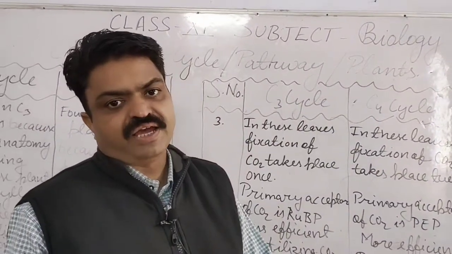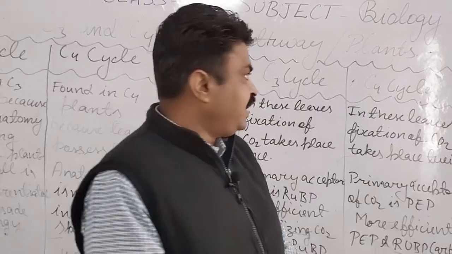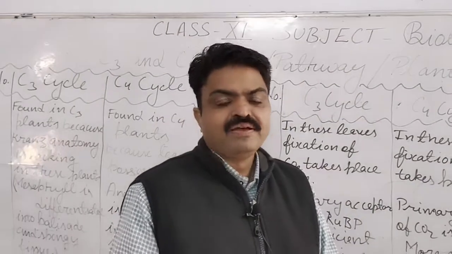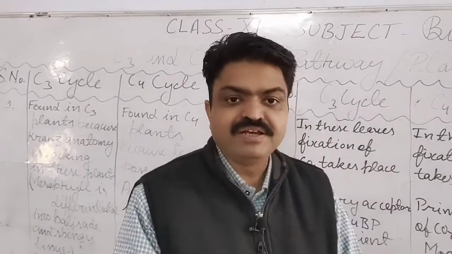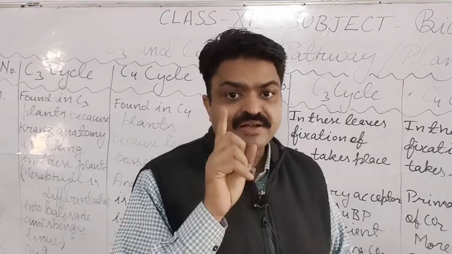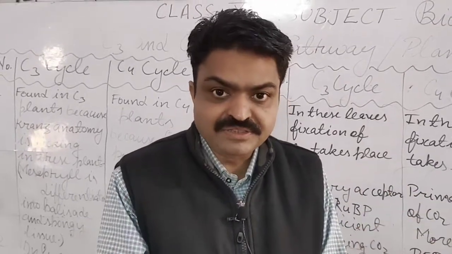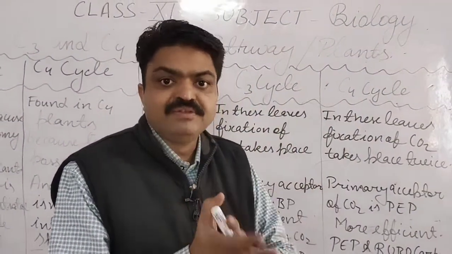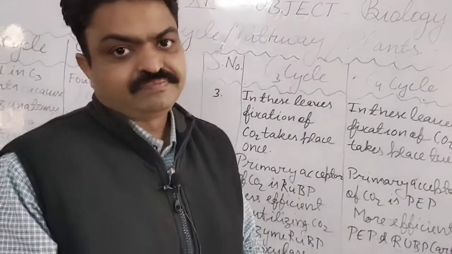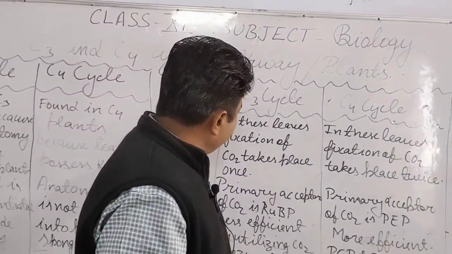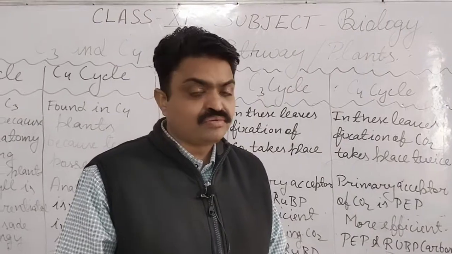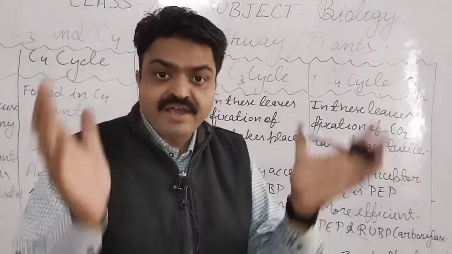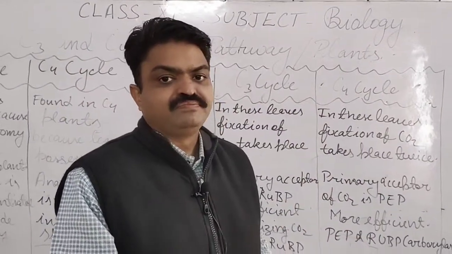but it is absent in the C4 cycle, student. Now, which type of leaves do plants with the C3 cycle or pathway have, student? They have leaves with reticulate venation. But C4 plants have leaves with parallel venation. And the C3 cycle produces lower yields, but the C4 cycle produces higher yields.